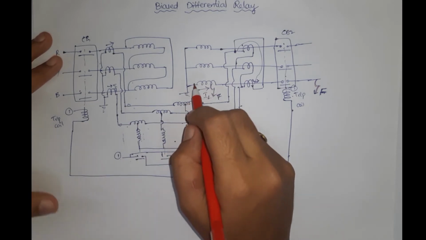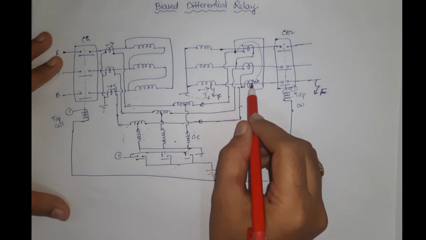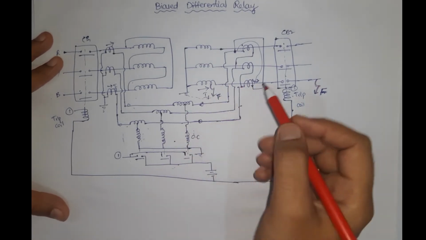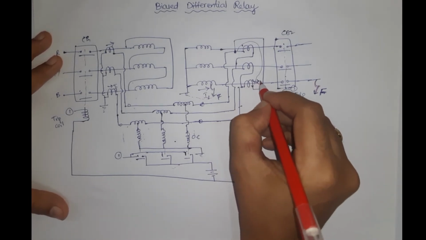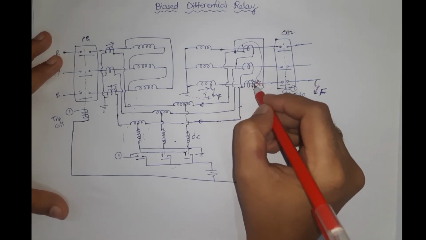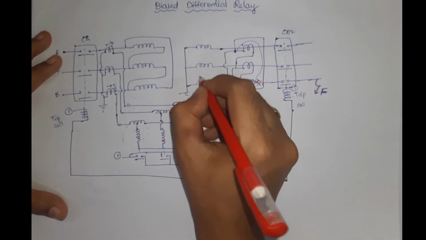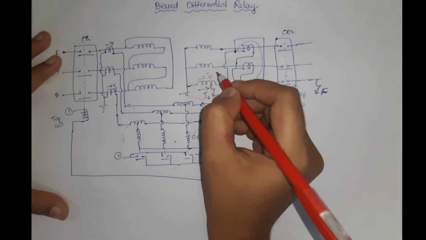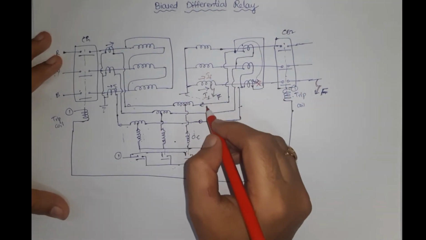But if you see that, due to this one, the current coil connections, let us see now. So it is not entering this CT at all. So that means the fault current is not flowing through this one, right? So it is supplied by this one, this coil, right? So due to that, if you see,